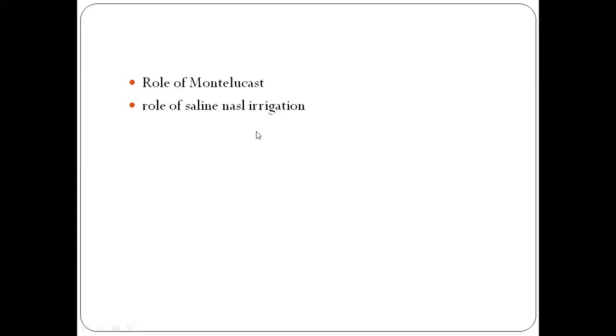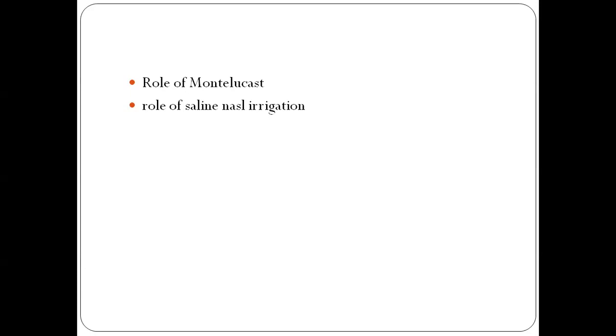Ma'am, audible? Yes. What is the role of montelukast? Membrane stabilizer. Yes, it's a mast cell stabilizer, leukotriene antagonist, and guidelines are recommending it, and montelukast is as efficacious as any antihistamine. There is no proven efficacy of montelukast over antihistamines. The efficacy of oral antihistamines and montelukast is the same.